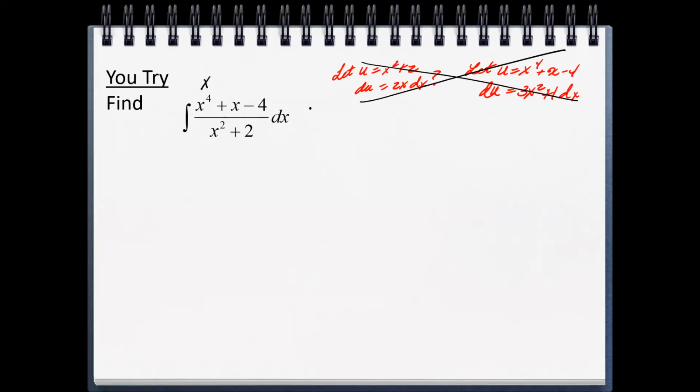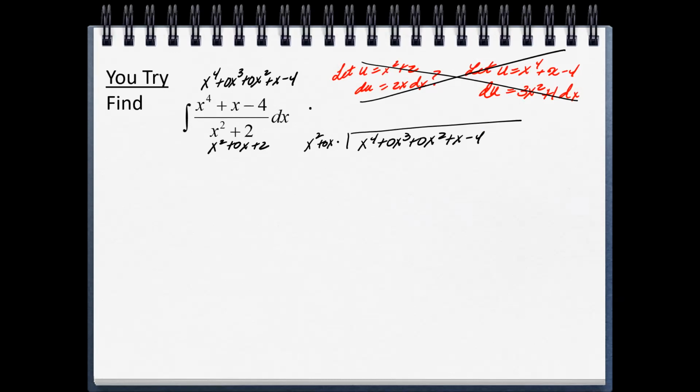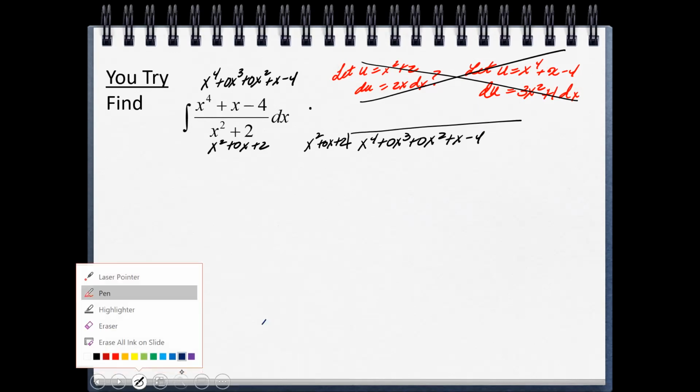So another way of writing this is x to the fourth plus 0x to the third plus 0x squared plus x minus 4. Bottom, x squared plus 0x plus 2, okay? And what we're going to do with that is put it into a division. So x to the fourth plus 0x to the third plus 0x squared plus x minus 4 divided by x squared plus 0x plus 2. Okay, so then looking at this here, you're going to ask yourself,